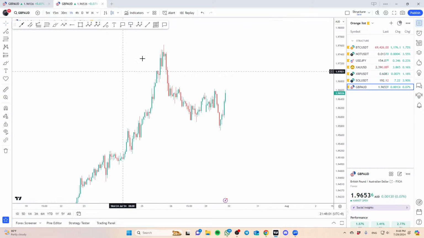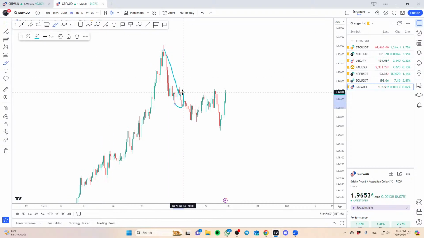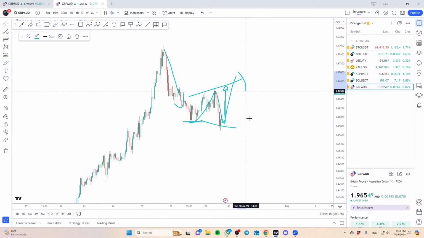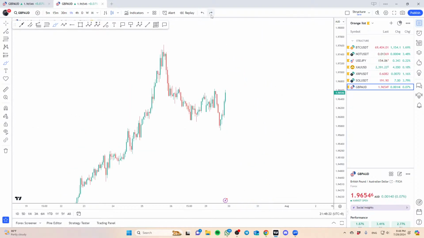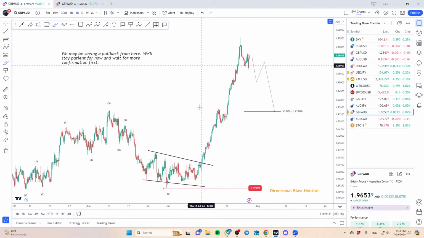We do get to see that the market came down a little bit of momentum here. We are seeing that kind of pullback here, of course, with this broken. So in terms of Elliott wave, this can be an ABC kind of expanding flat structure for another push down. But really depends on how aggressive you are. If you ask me, I would personally be a little bit conservative on this particular trade idea.